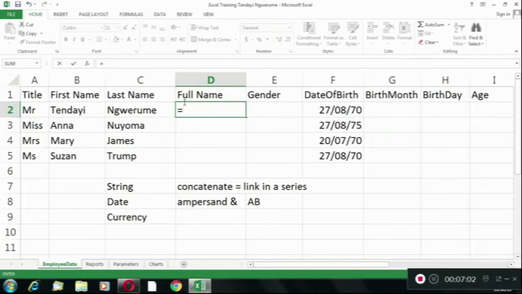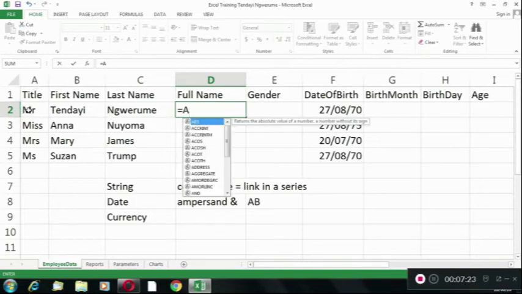The address for the cell cannot be put in quotation marks, because if you put the address for the cell in quotation marks, it will simply take it as a string, say A2, and it will not even recognize what is in this cell A2. So you can either type in the cell as it is, A2, equal to A2,